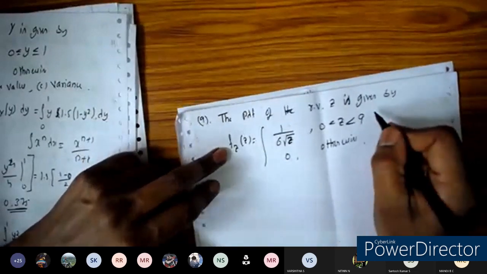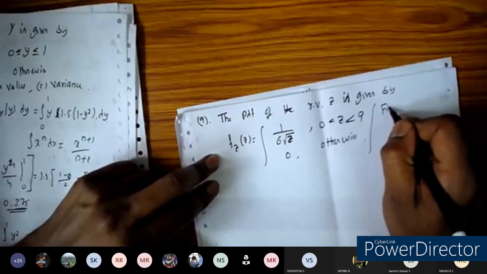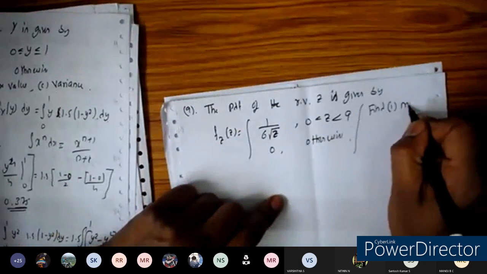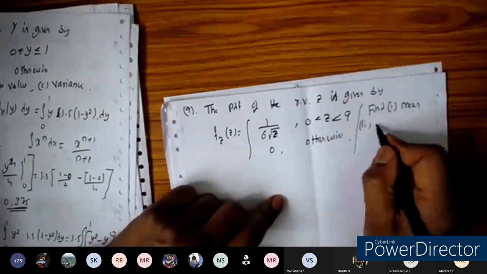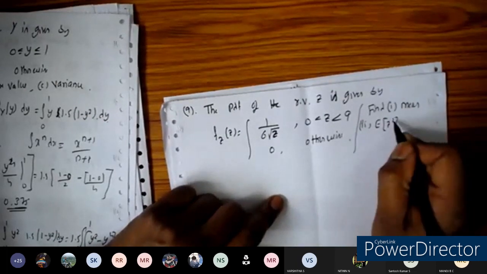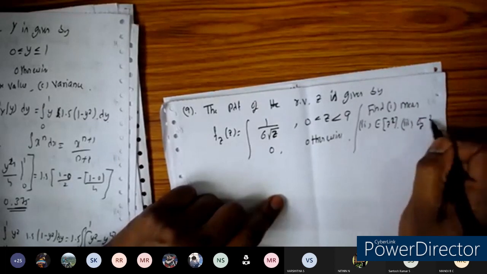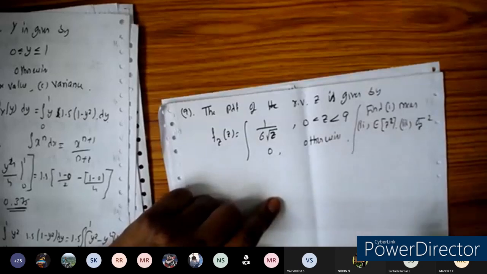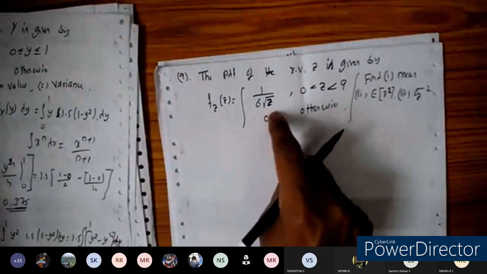Okay, so find the first one, the mean; the second one, the mean square value; and the third one, the variance, sigma z square. Okay, so this is similar to that problem, but here we have some extra quantity,